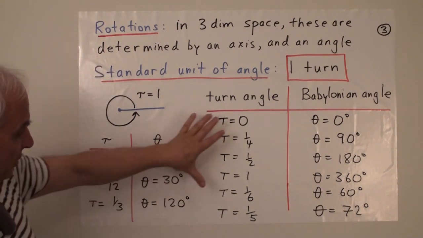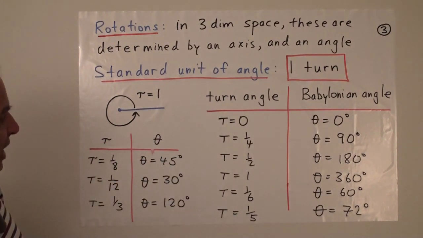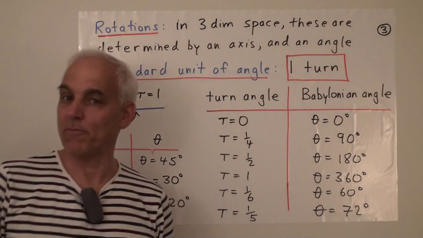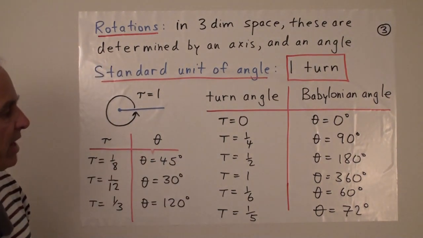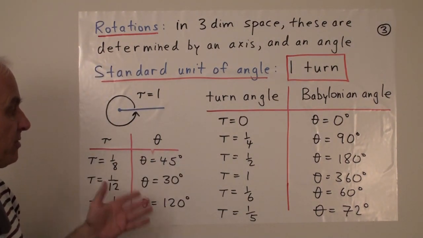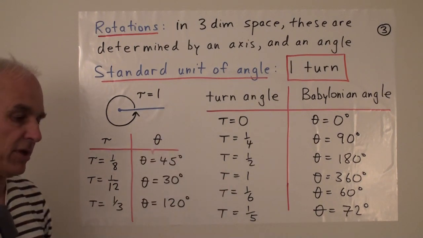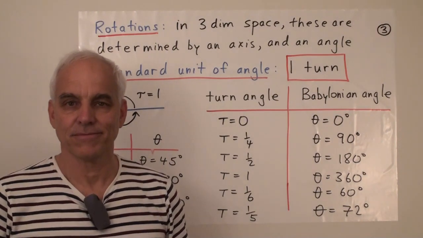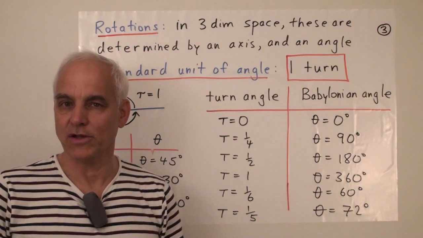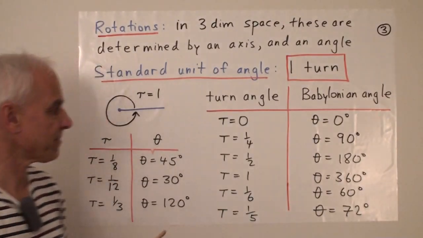Right, so we're going to describe things in terms of turn angles like this, and I hope that's not too much of a big adjustment for you. If you want a little bit more experience, you can have a look around in my algebraic topology series, where I talk about how this is quite useful in terms of discussing, well, Euler characteristic of solids and such things.